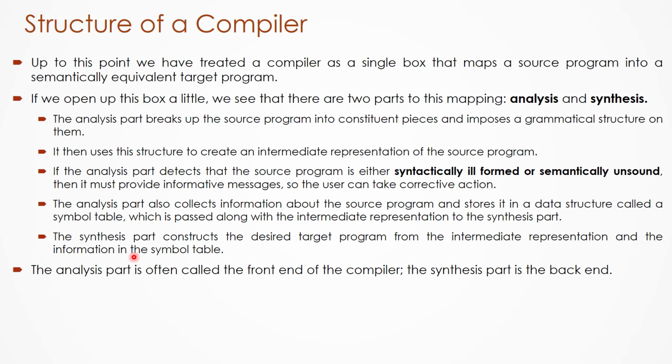So far what we have discussed is that a compiler is a single block where input is a source program and output is a target program. But actually inside this box we have many more sub-blocks or sub-procedures. So every compiler has two parts, analysis part and synthesis part. These are the steps that happen in the analysis and synthesis part. The main function of the analysis part is to report the errors. The errors may be either syntax errors or semantic errors.